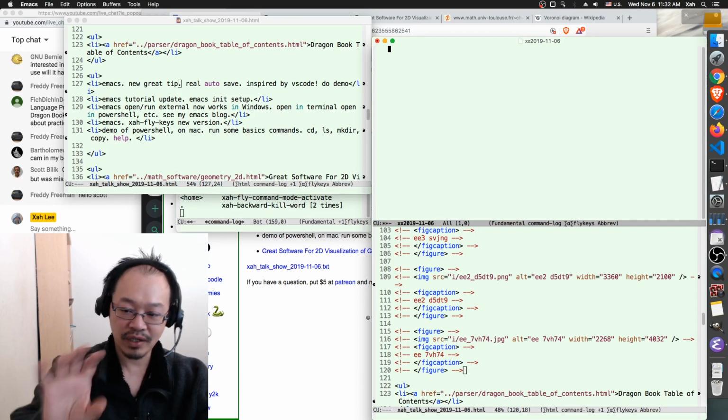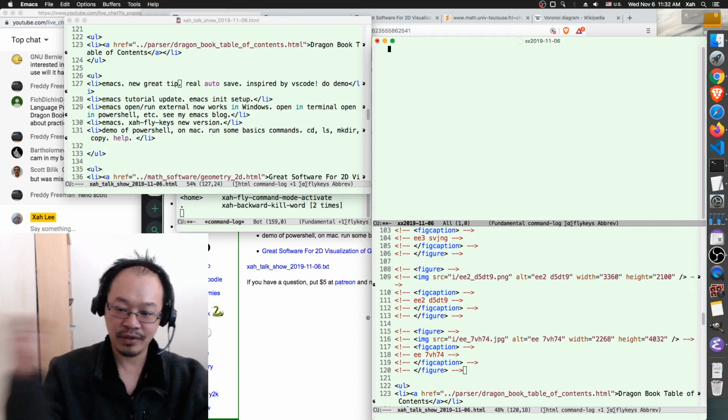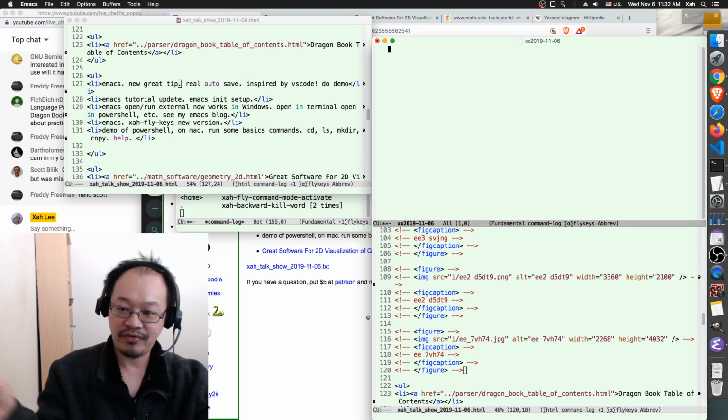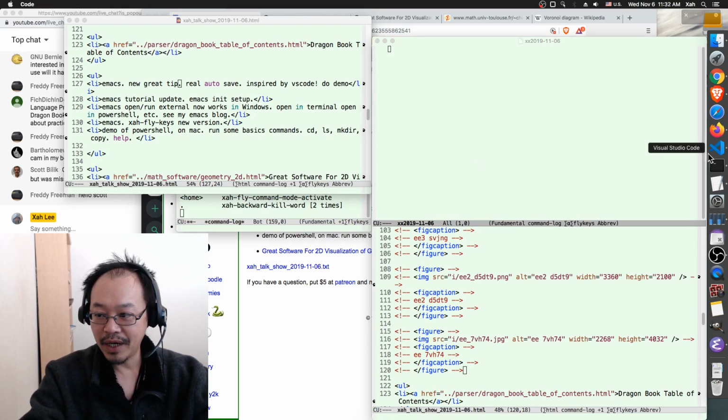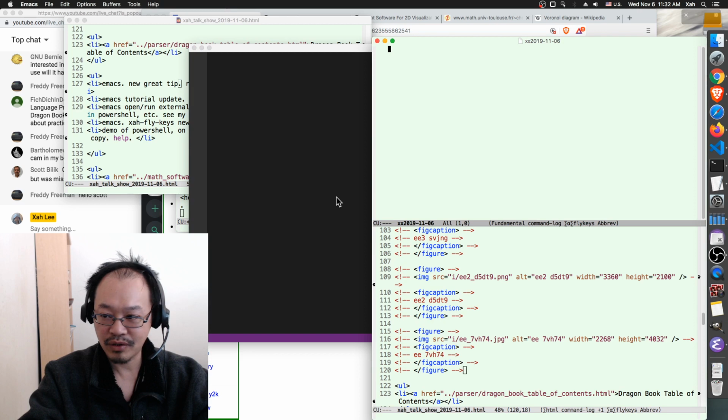Because sometimes you don't want to save. You just want to switch to command mode and insert mode back and forth. You don't necessarily want to save. So this is much better, because I was looking at Visual Studio Code